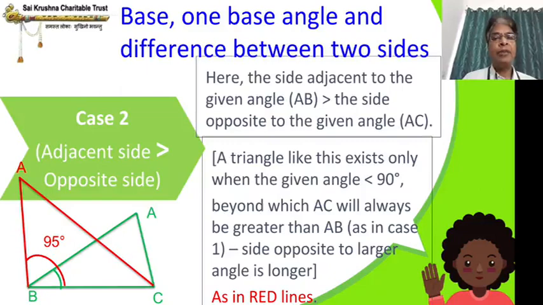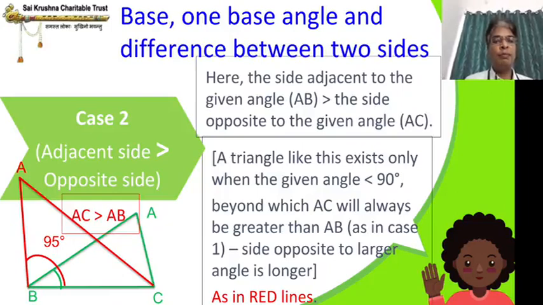The triangle now ABC, the red lines, BC is same, I have not changed it because its length is same. AC will always be greater than AB. The reason I have written here on the right side, I have given a picture on the left side. If you are not able to understand, pause the video, and note down all these points. You can draw a triangle in your notebook, BC any length you take, take your compass and draw a line BA and with protractor measure an angle 90 degree or any degree above 90.